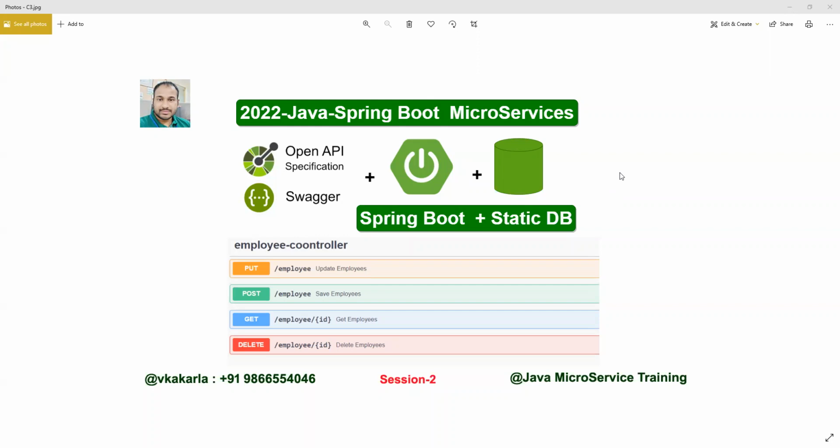So today we are going to discuss about Spring Boot application with the static DB. Before going to the actual database, we are discussing about the static DB. Why? Because if you want to go to the actual database, we need to talk about Spring Data, right? So we are going step by step. Today we are going to discuss only Spring Boot application, how we can define a Spring Boot application